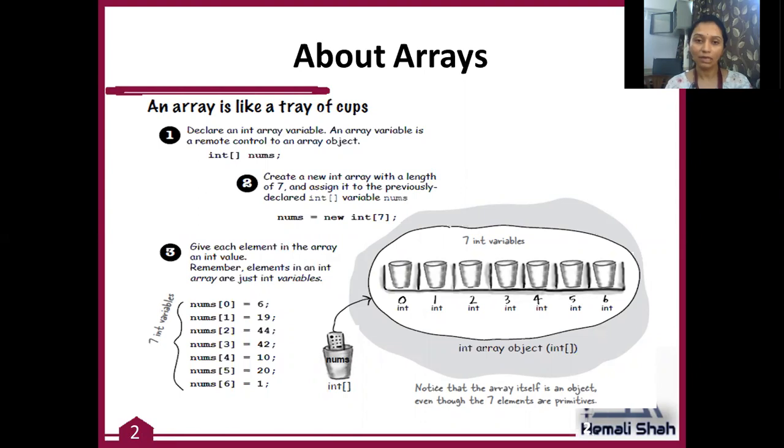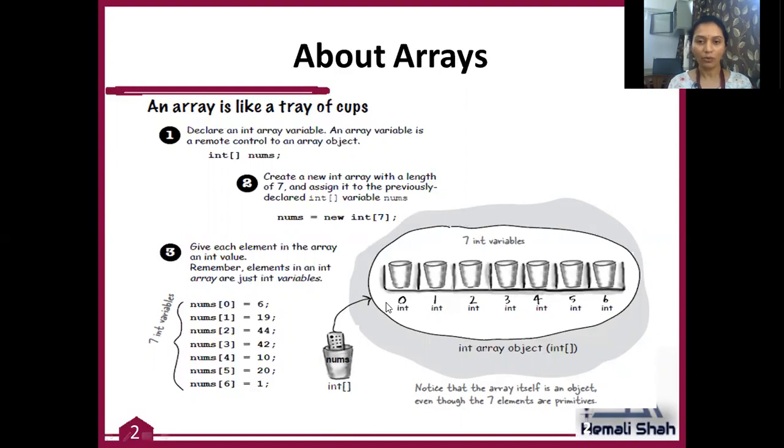If you want similar kinds of values in your program, and you want to store these values in some variable, then a single variable can hold multiple values of similar type. Let's take one example. Here is one tray of glasses. These glasses are all full of some milk in milliliters. All the glasses have some milk value in milliliters, and I want to store the data of the milk available in all the glasses.